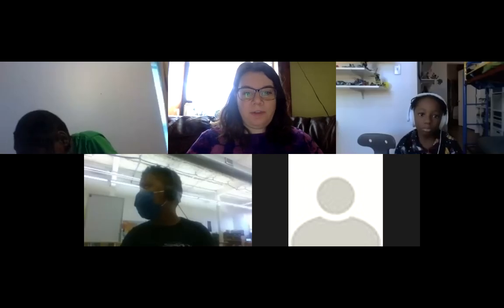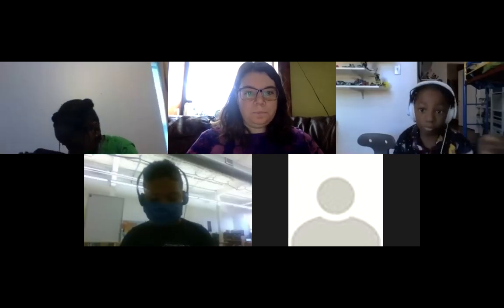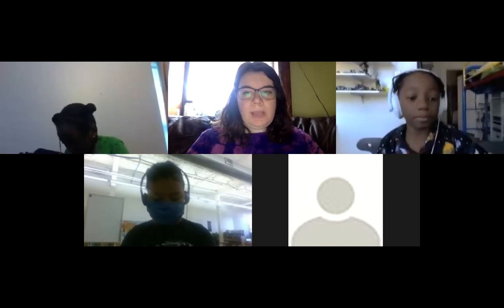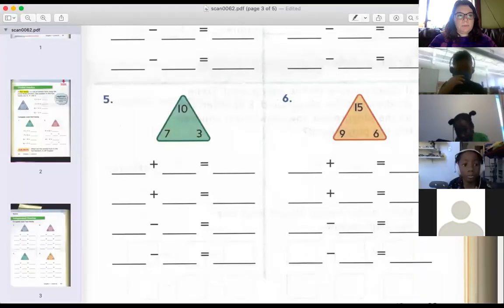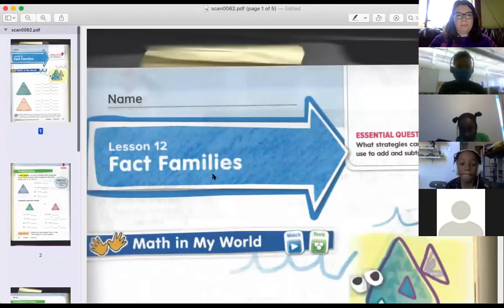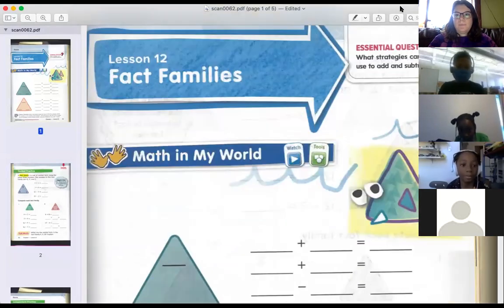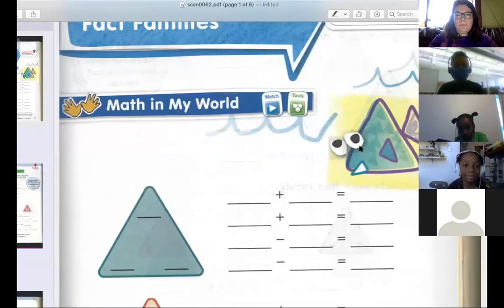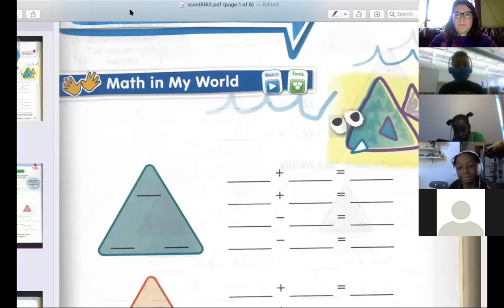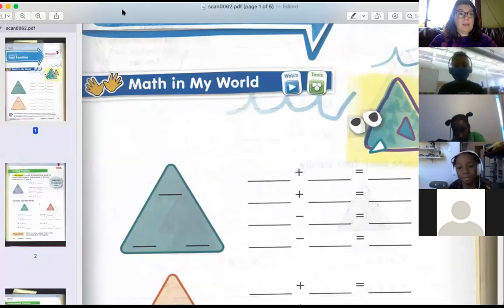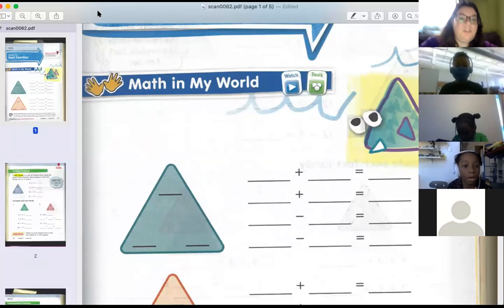Fact families are kind of fun. I wish we had fact triangles like we do in the classroom, but my mom has fact triangles. You can use one of them. Okay, awesome. If you've got fact triangles at home, definitely use them, because your homework is going to be some